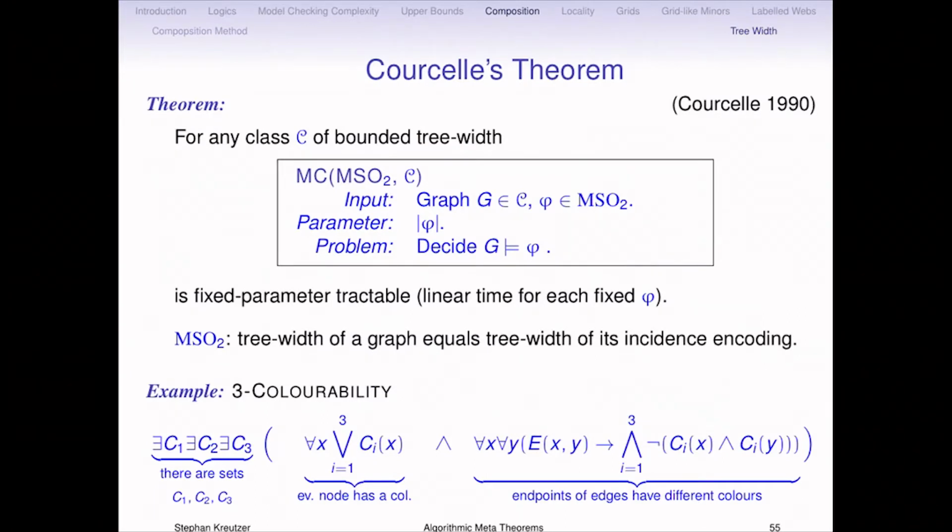And if you do this, then you get Courcelle's theorem, which was one of the first explicit algorithmic meta-theorems, which says if you have a class C of bounded treewidth, then model checking for monadic second order logic on this class is linear time solvable with a parameterized algorithm. So there's an FPT algorithm solving this problem, and the dependence on the size of the graph is linear, and the dependence on your formula is big. And the way to prove this is what we just discussed quite briefly.